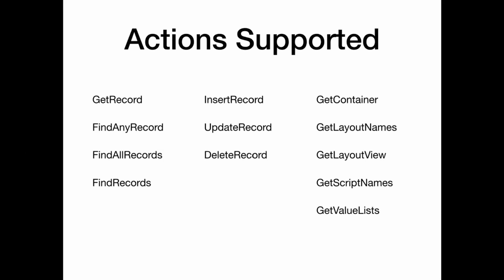So Temper, again, it's an API that lets you do a lot of different things. I refer to those things in the API as actions. And this is a list of all the different types of actions that you can perform. The left column is essentially getting data. You can get a specific record, any record, and so on. And again, I'll show you those in a moment. The middle column has to do with working with records, adding them, updating them, deleting them. And then that third column has to do with working with containers, and then some of the sort of meta functionality that it provides,